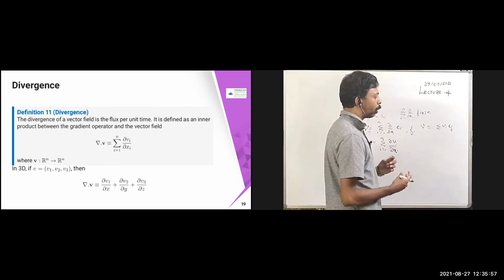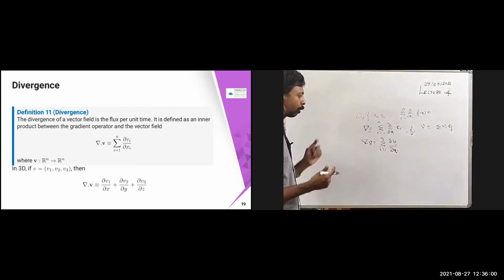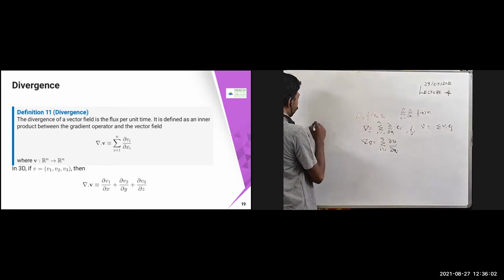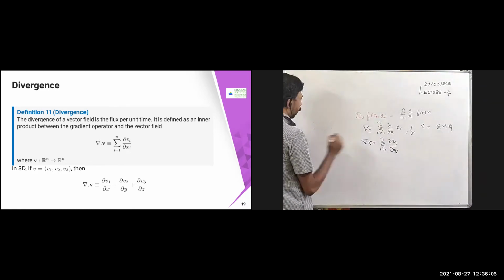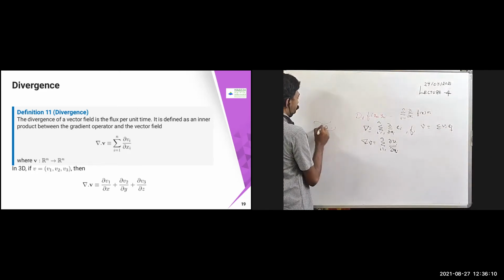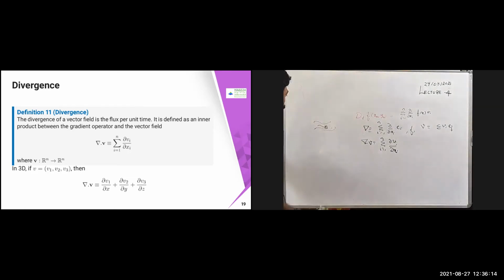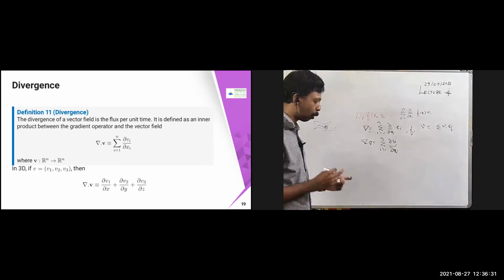It is going to give you the flux. Flux per unit time means, suppose I will explain that later. I will explain what the flux is in the transport equation. Suppose you have a particle here, how much flow is going to come into that smaller rectangle, we will see that in more detail in the transport equation. So this is called flux per unit time. The divergence of a vector field is called the flux per unit time. I'll explain with some animation and graphics in the 8th lecture, I think, about the flux and other things.